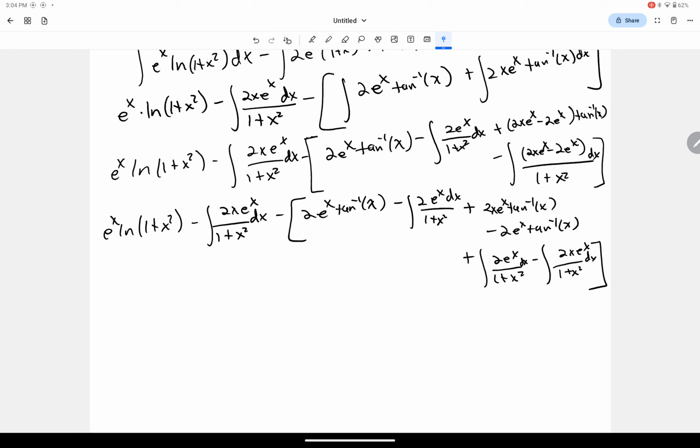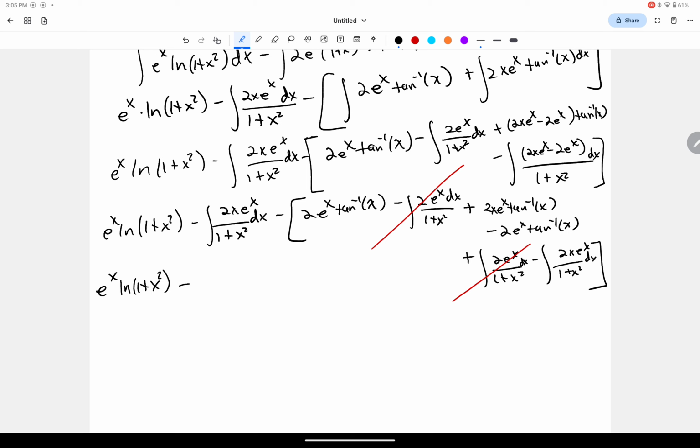Awesome. So now we can notice that this integral right here and this integral right here would cancel, again, because this is the negative and this is the positive. So I'll just put a cross over that. So great. Now at least two integrals have canceled, and let's see if we can do something else with the expressions. So now what I'm going to do is I'm just going to simplify everything by implementing this negative inside. So I get e to the x ln 1 plus x squared